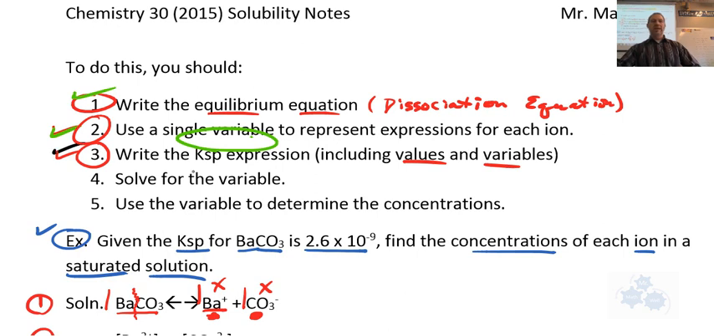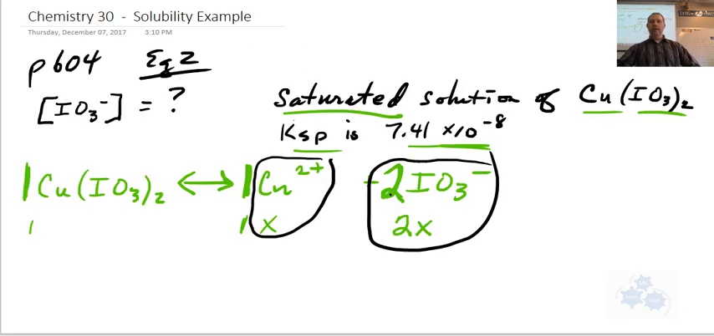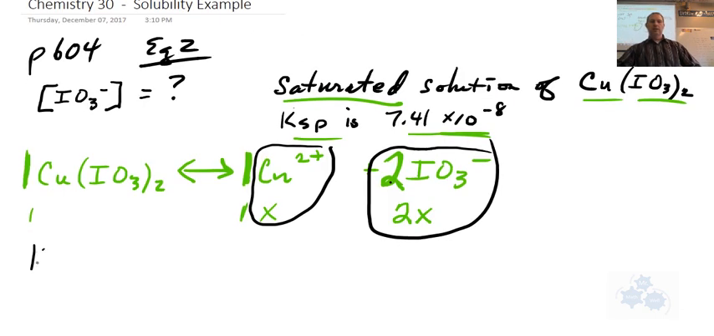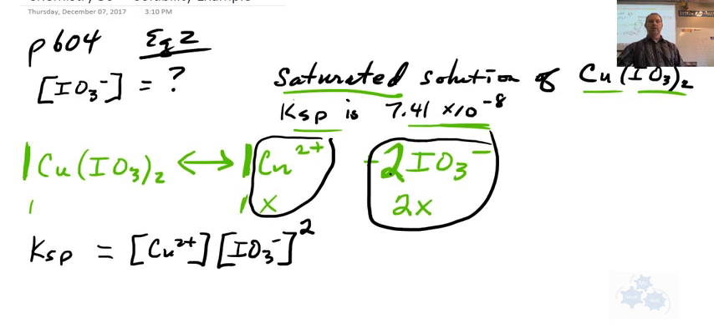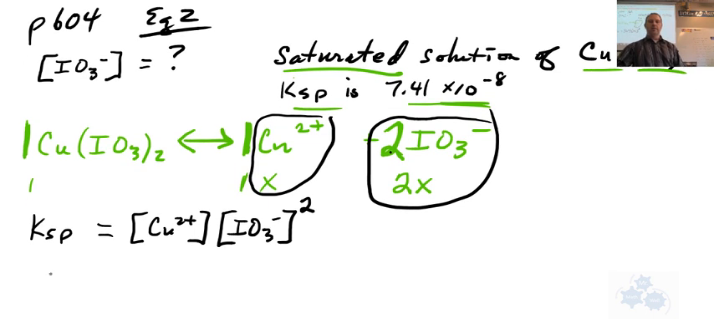Step 3. Write the KSP expression including values and the variables. So the KSP, let's just do the initial. KSP has got to equal the concentration of Cu2+ to the power of 1 times the concentration of IO3- to the power of 2, right? Because it's the same idea as the KEQ expression. So now if I fill in the numbers and the variables, I have